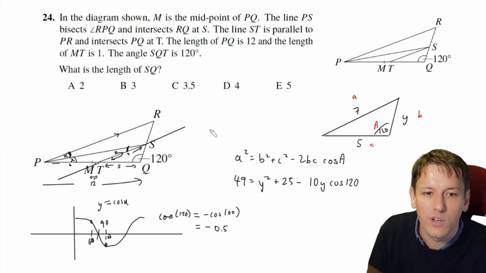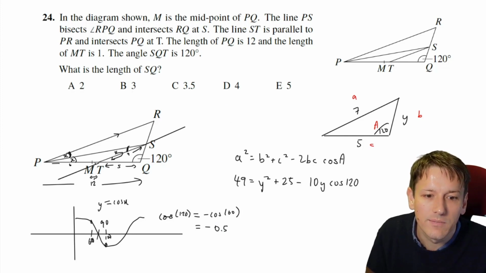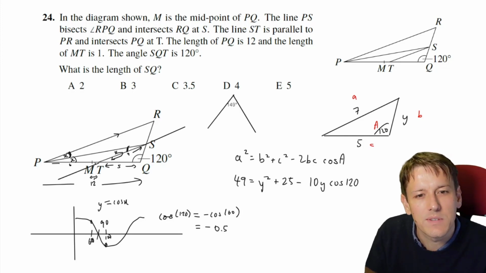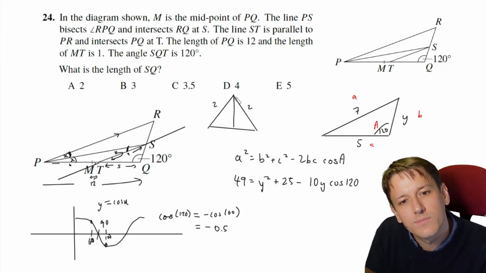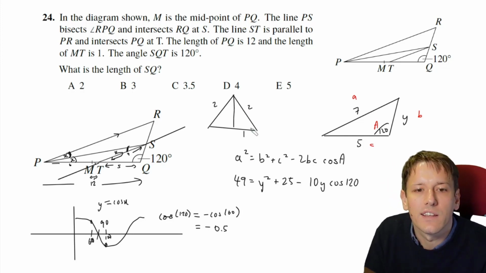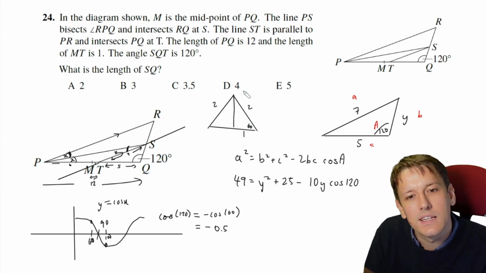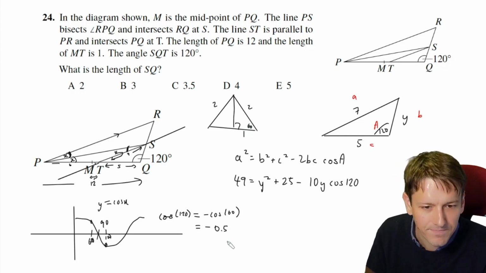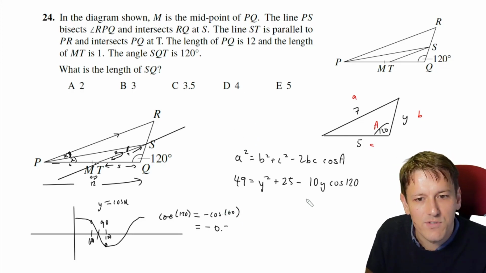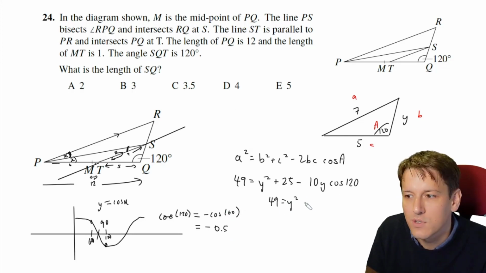and if you don't, you could also work that out quickly by doing something like drawing an equilateral triangle. Sometimes in maths it's just as good to remember how to derive things as it is to actually memorize tons of things. So if you take an equilateral triangle with side length 2, then the angle here would be 60, and we can see from this right angle triangle that cos of 60 is the adjacent over the hypotenuse, which is a half. So anyway, I got cos of 120 is minus a half,